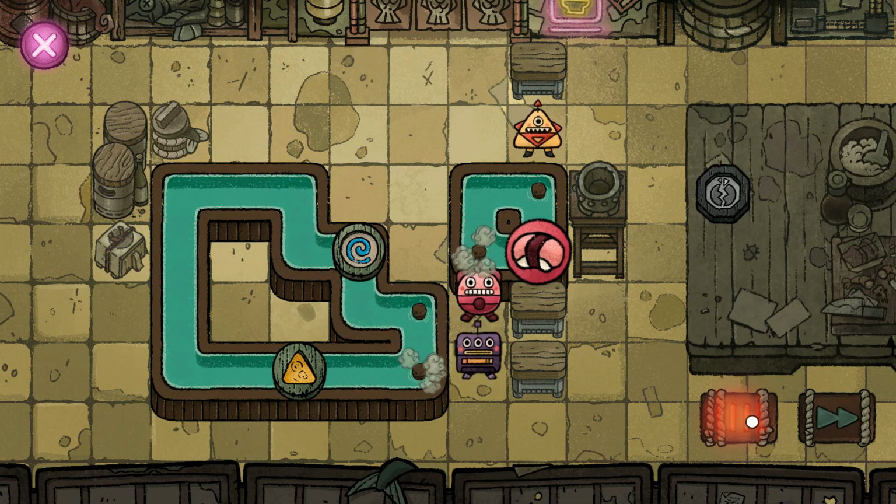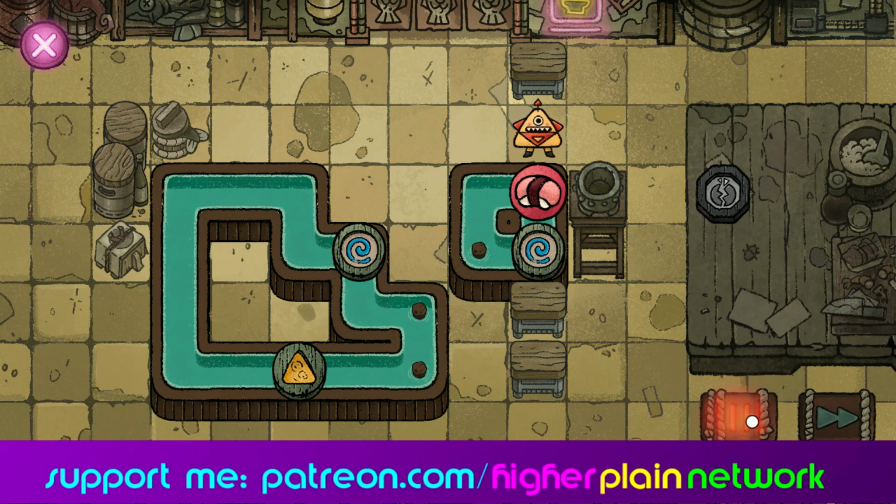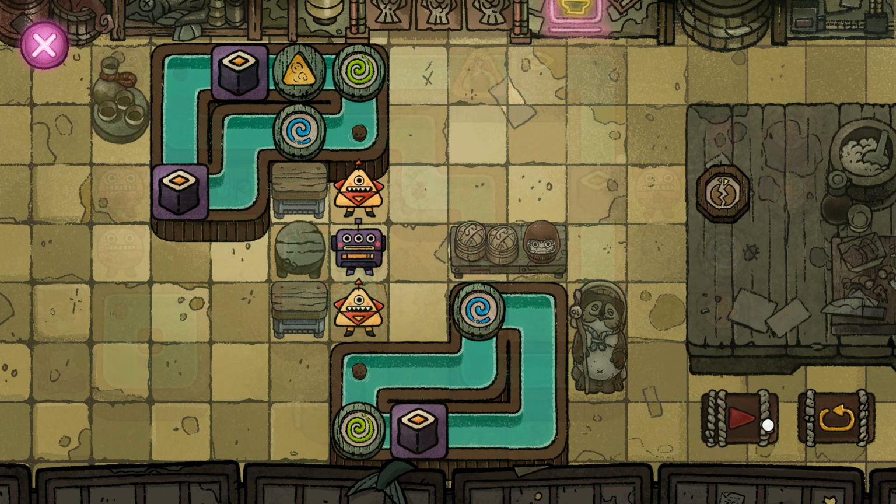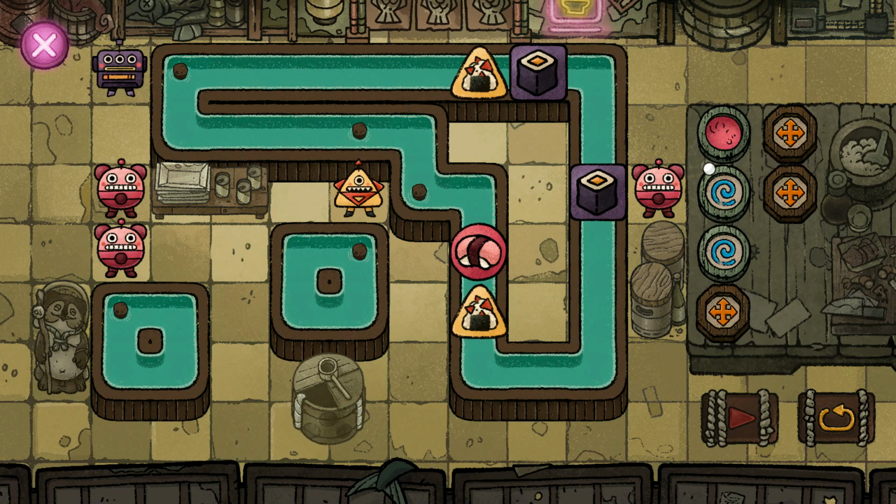However, I still struggled, and this is where the accessibility options come in. So the first one is creative mode, and this is basically what I've spent most of my time playing Sushi for Robots on. This mode removes the time limit, because that was causing me the problems. I could see how to do the level, I just couldn't see how to do it as quick as the game expected me to. So although the game has 80 levels, it really has 160, because you